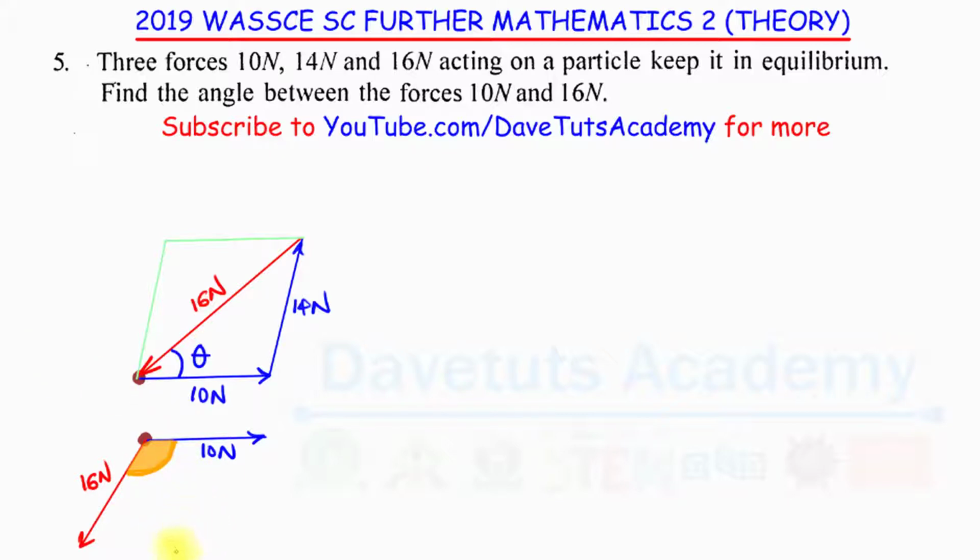It has to be greater than 90 degrees, because by solving this particular question, we are going to get theta, but that theta is not going to give us our answer. So from here, it's as if we are moving the point of action of the force to this particular location, such that the 10 Newton force is acting here. You just need to understand this to be able to get this question effectively. So it's as if we are having this as the 10 Newton force. But then emanating from that same point as the 10 Newton force is the 16 Newton force.